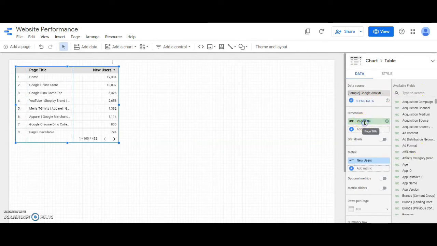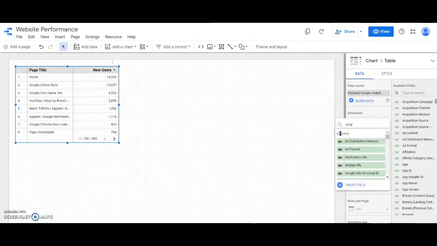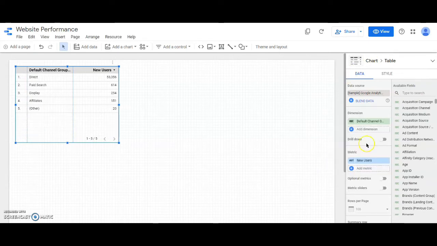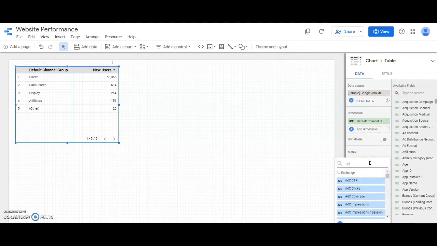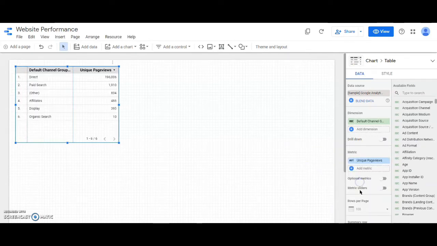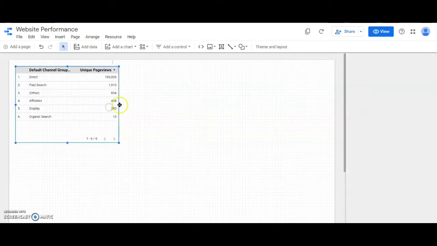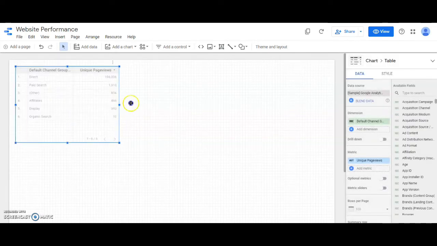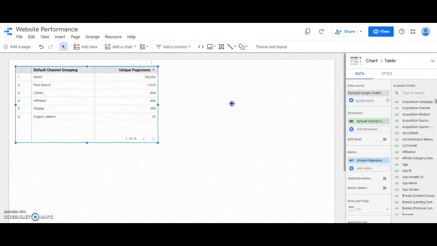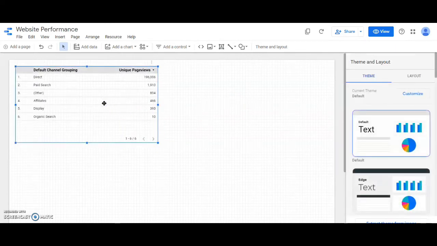You change the dimension to default channel grouping in this case. And you update the metric to unique page views. So as you can see, my table has been updated with all the data that we required. I'm just going to adjust this a bit so that you can get a better view of it. So yeah, this is done.